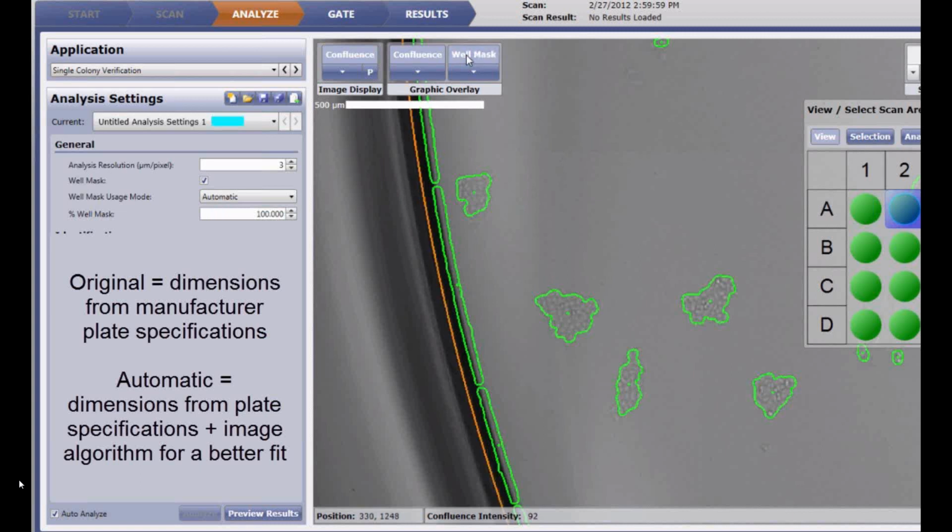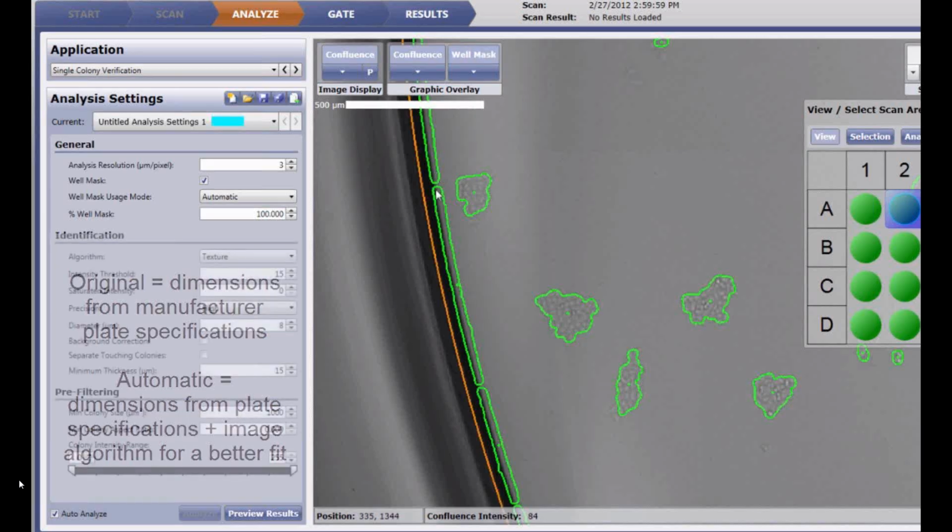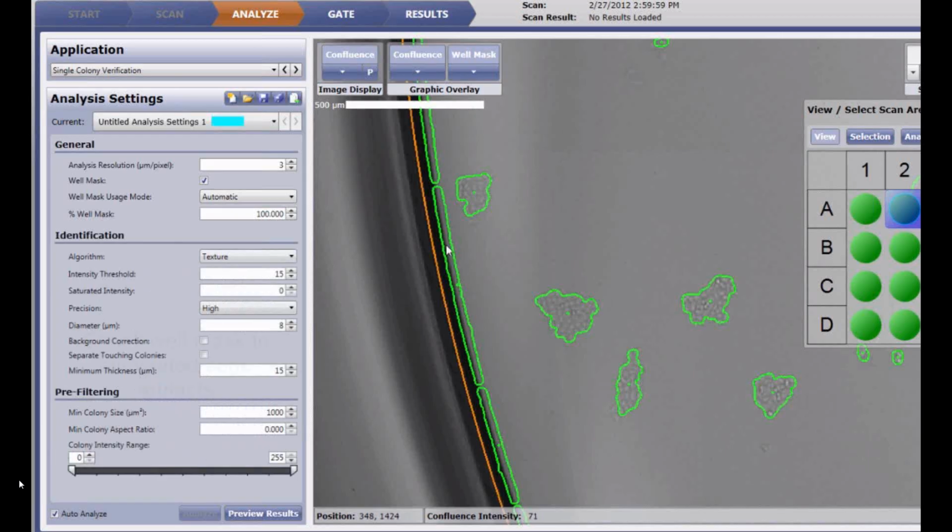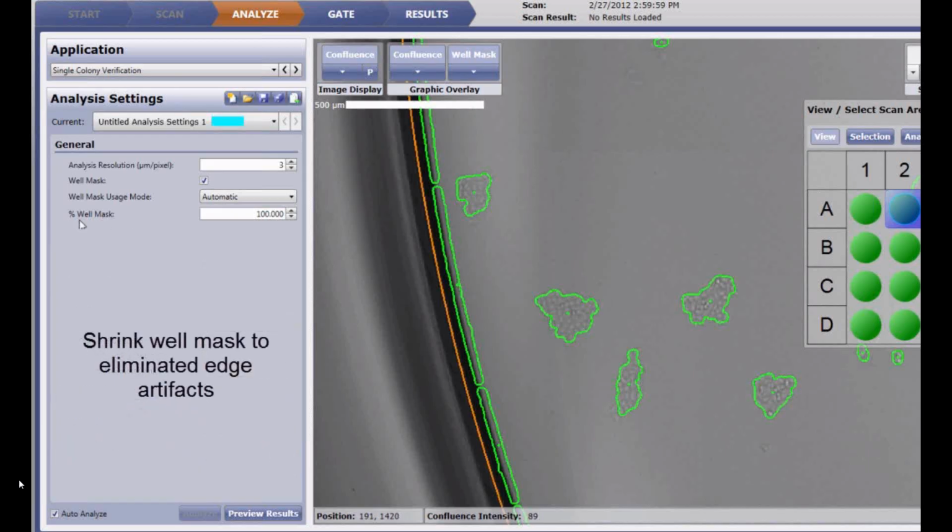Now it's a little bit outside the area. It's picking up still some objects on that well wall. So what we can do additionally is shrink the well mask. Currently it's set at 100%. If we just move it down to 99%, then you can see how the orange line will just move